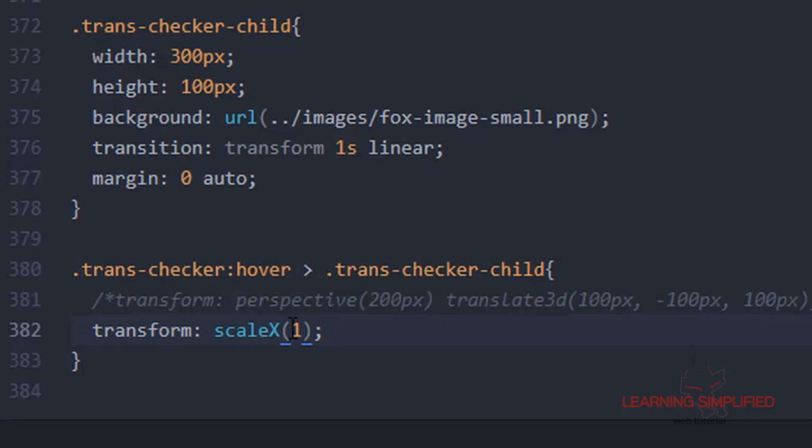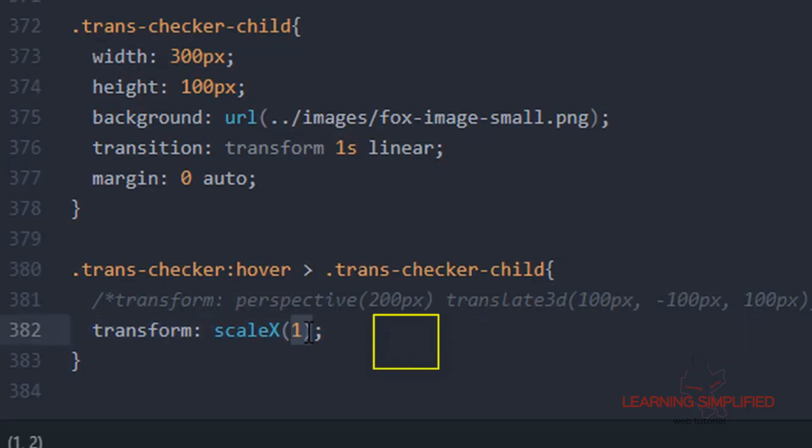Another thing, 1 is the default value. If we want to grow in size, then we need to define something which is more than 1. And if we have to shrink it, then we need to define something which is less than 1. If the value is negative, then the element is going to flip its direction from one side to the other.